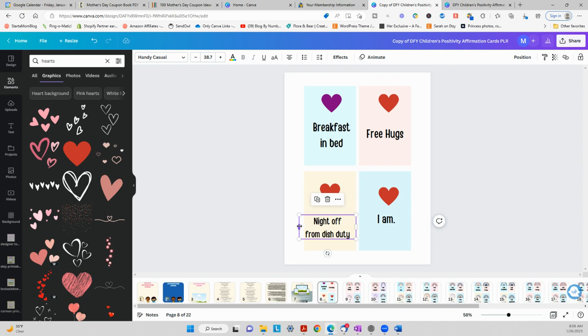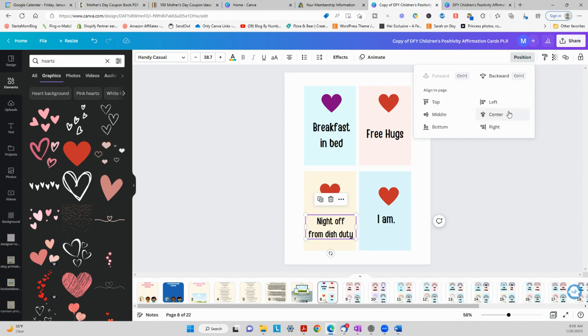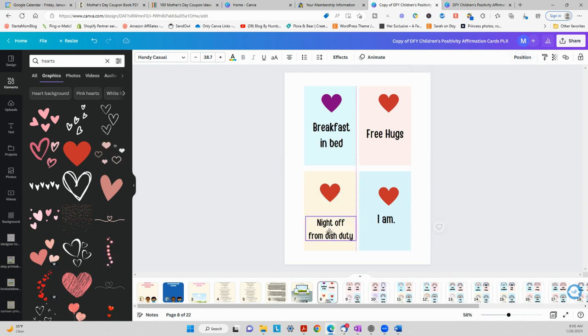For these coupons, I kind of like that font, so I'll just change the size down. I'll make sure it is centered here. Oh, forget that Canva does that, but center it there with your line or with your eyeball. So anyway,